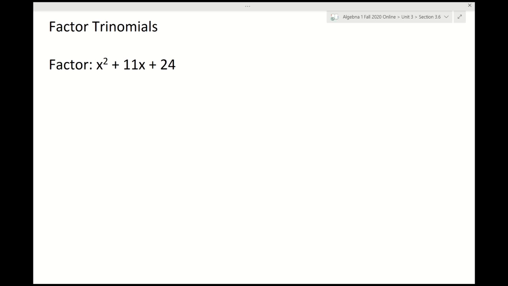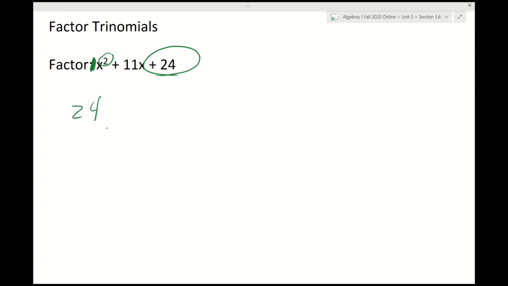Factoring trinomials. To begin with, we're going to explore factoring trinomials that have a leading coefficient of 1. In other words, there is a 1 that's understood to be in front of the first squared term. These are actually fairly easy because if you write them in descending order, x squared plus 11x plus 24,